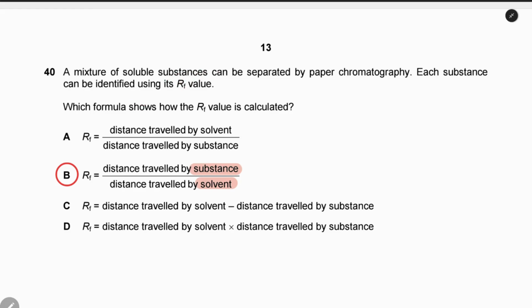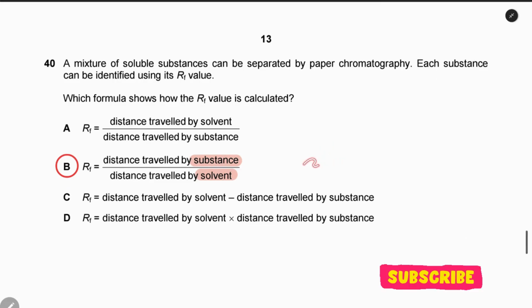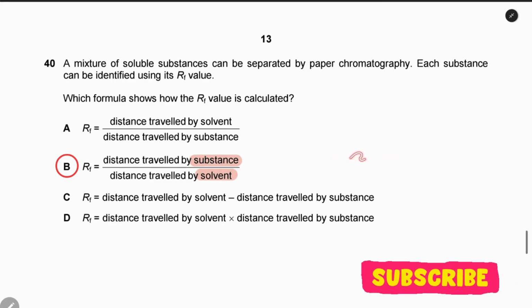Which formula shows how the Rf value is calculated? You should know that the solvent has to be in the denominator. Always remember this. It cannot be in the numerator. So the Rf value is the distance traveled by a substance. Suppose I have a solvent line here. So it's the distance traveled by a substance over the distance traveled by the solvent. So the correct answer is